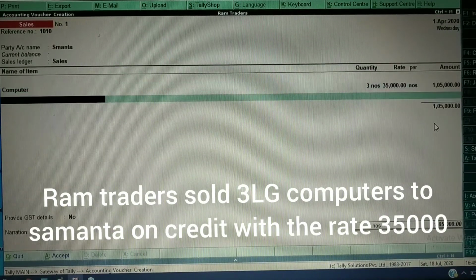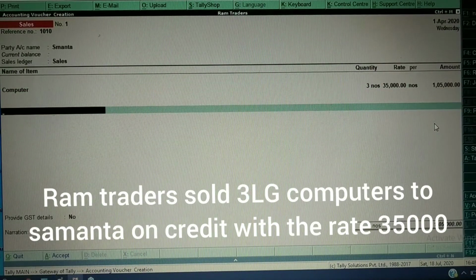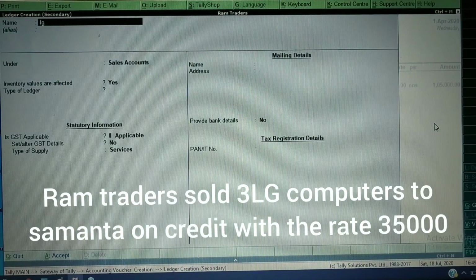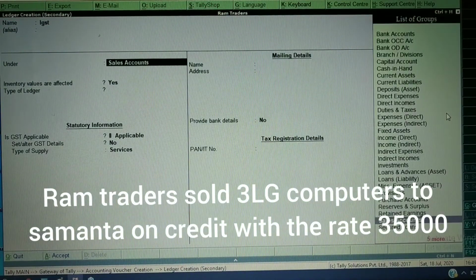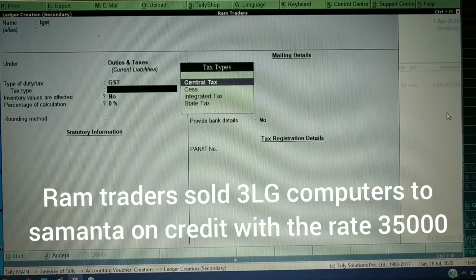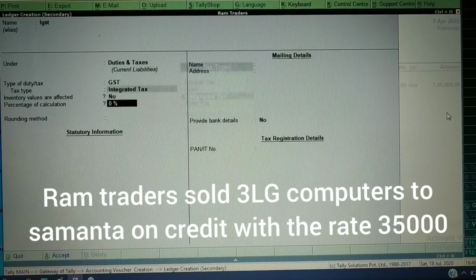Okay, 35,000. Take enter, and this Samantha is of another state, Goa state. This Ram Traders is living in Karnataka. So there is a transaction between states. So here IGST has to be taken. So I need to create the ledger for IGST. So press Alt C to create IGST. I will take here. Take enter. Duties and taxes we need to take here. GST. And then here integrated.